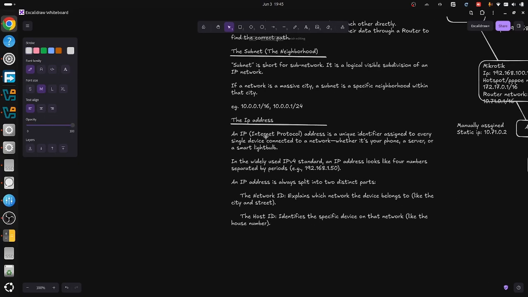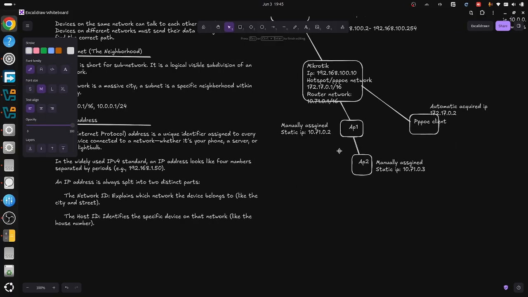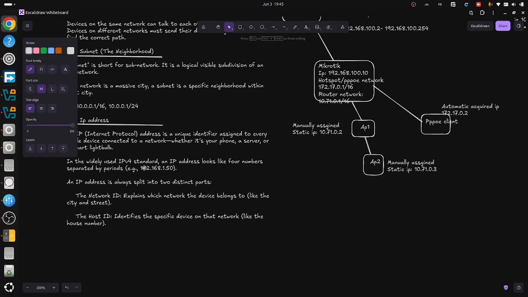And under subnets, we go to the IP addresses. Now, an IP address is like a unique identifier. It is your address in that neighborhood. So it is assigned to every single device connected to a network, whether it is your phone, a server, or a smart bulb. In the widely used IPv4 standard, an IP address looks like phone numbers separated by periods, as you can see,